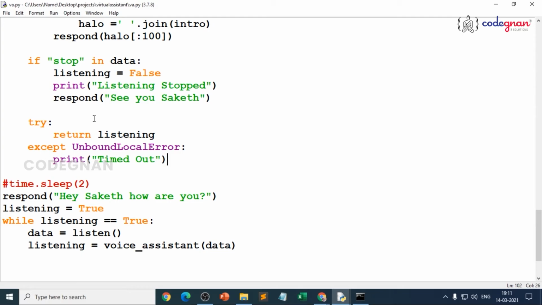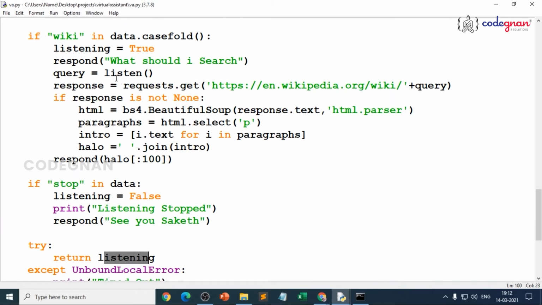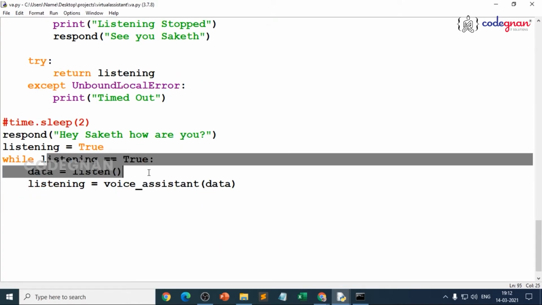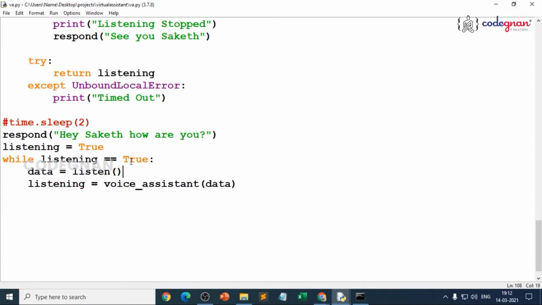That means now when we run this final piece of code, everything we can communicate. If I tell it to send an email, it will send an email. If I tell it to scrape, it will scrape. It will start a continuous conversation because we have given this exception block, because we gave try, written is listening. In every case we gave listening is equal to true, but when I say stop, I gave listening is equal to false. That means this while loop will not be taken into consideration when we give false, because the condition is not matching. Let's go for the final execution.